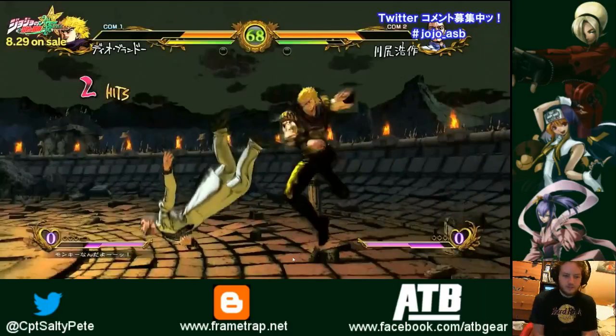This launcher move that you can cancel into the super jump, by the looks of it, seems like it'll have some pretty cool combo options. Even if you don't cancel into the jump, you could do some launchery stuff. So yeah, Dio seems like he has a lot of potential for combos just based off having a launcher. Not that many characters so far have had a launcher, so...